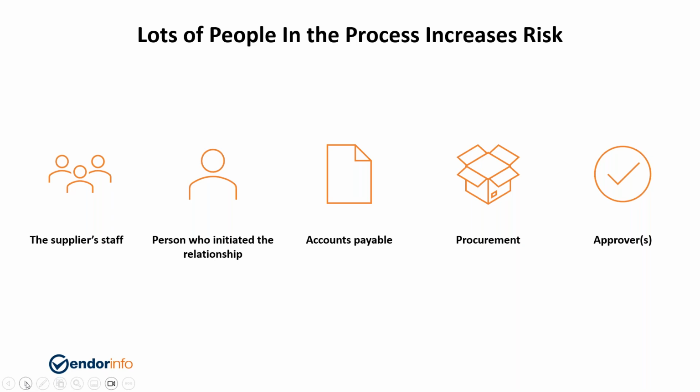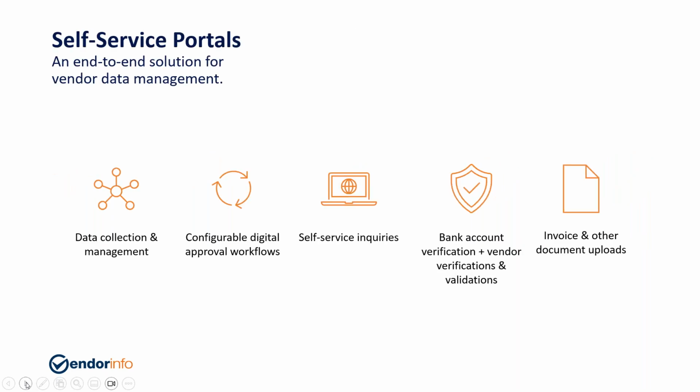You have your AP team, your procurement team, and then all those approvers of the person who's being onboarded. All those people are a point of potential failure in this process. All it takes is for one person to cut a corner or to skip a step because they don't believe it's their job or they're too busy doing what they deem as their full-time job. And now we've let in a bad guy. Something slipped through the cracks. And in many cases, well, this has tremendous financial and reputational consequences to our organizations.